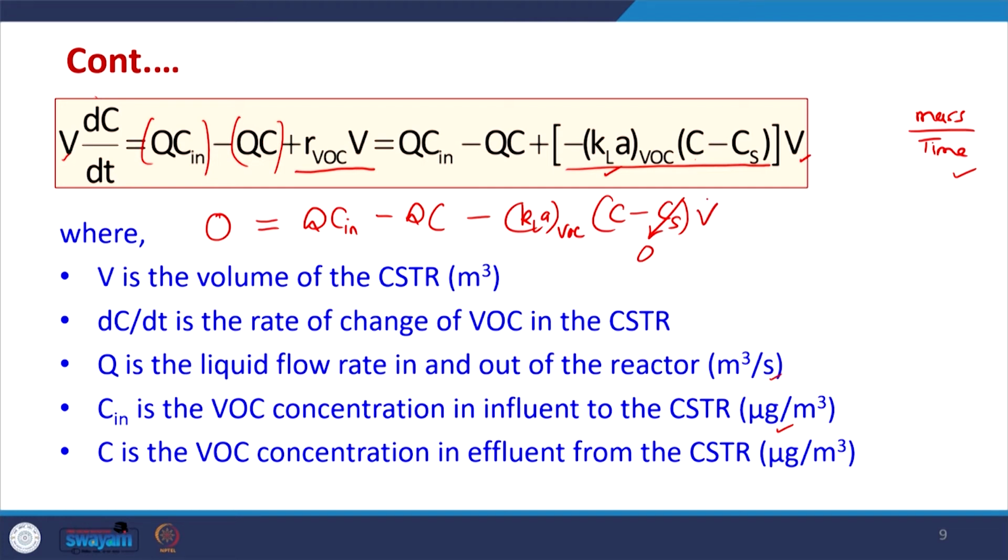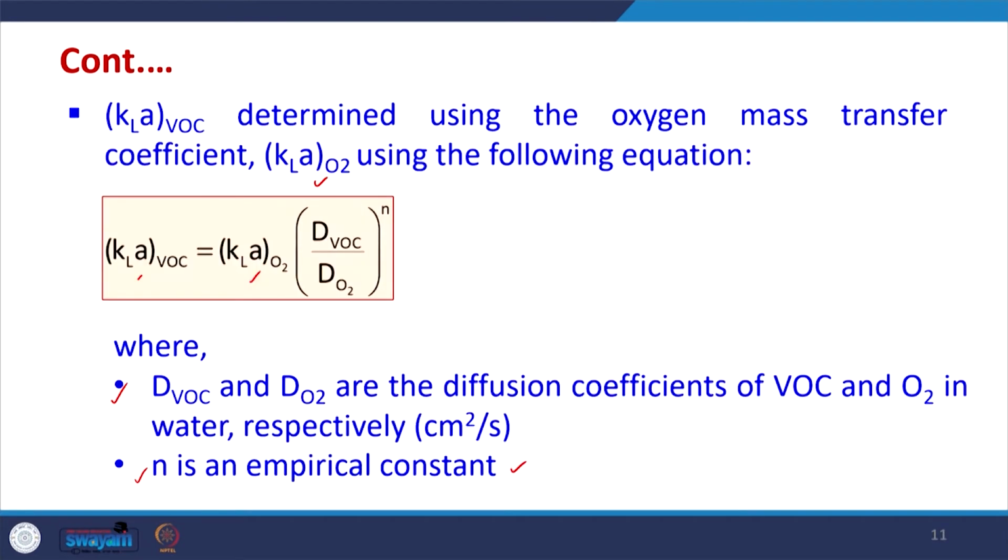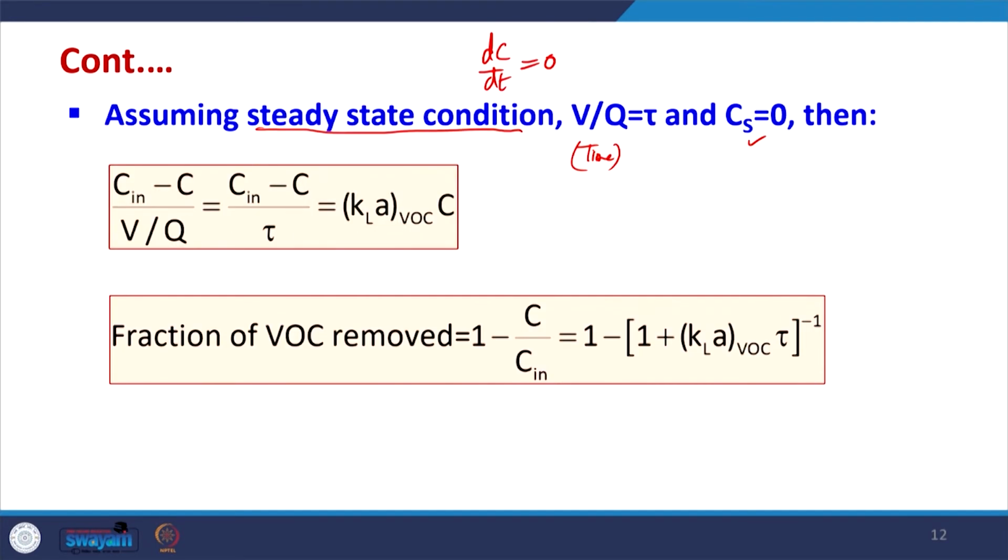What we want is to determine either the volume, which is one of the key things that we can find out, or we can go on finding out the removal efficiency. This way we can manipulate the equation a little bit, and we can easily write it in this form. Actually we will be having this on one side and this on another side, but we are replacing V by Q by this tau value.